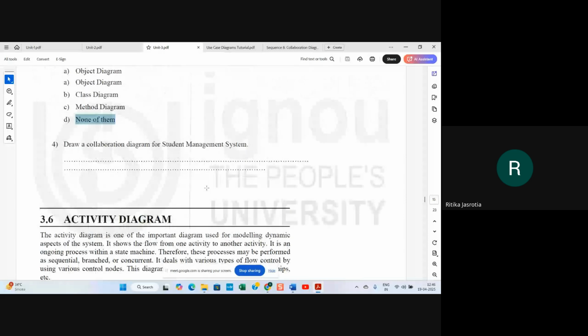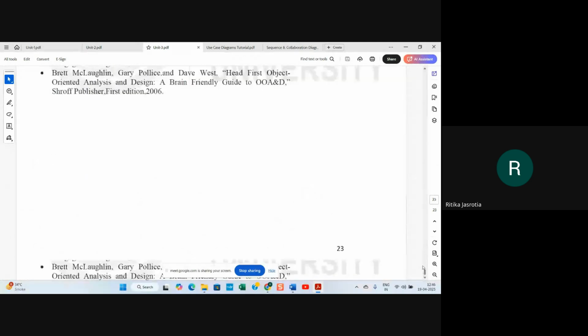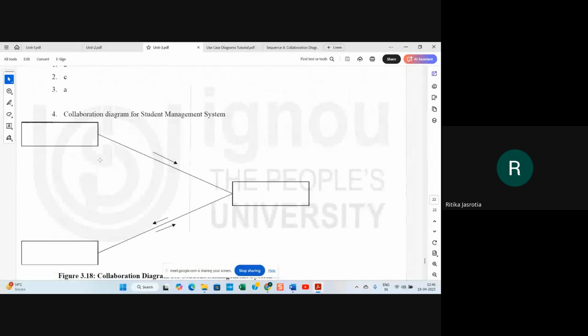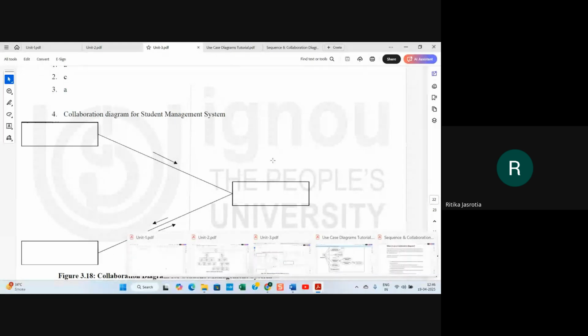Then another, you have to draw a collaboration diagram for student management system. I don't know, they have given you at the back, they have not given the proper thing here. So for student management system, you can show different forms of student registration system here. I will show you an example later on.